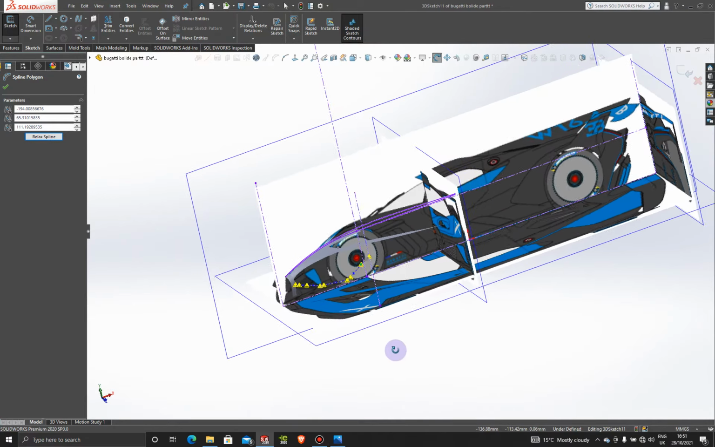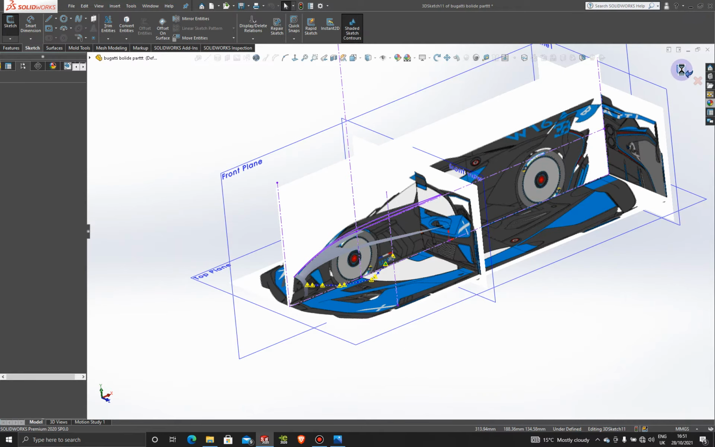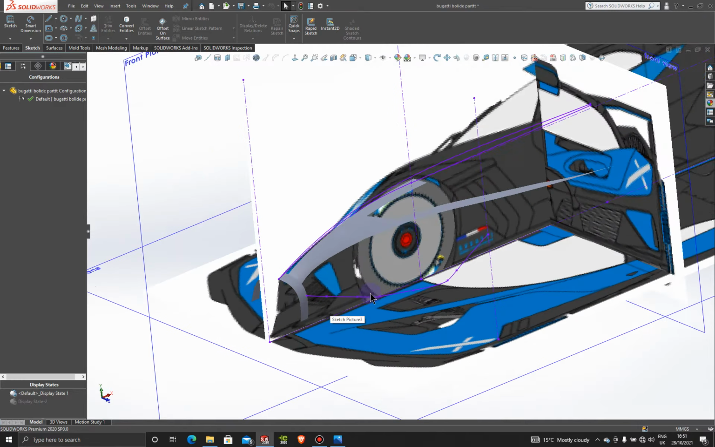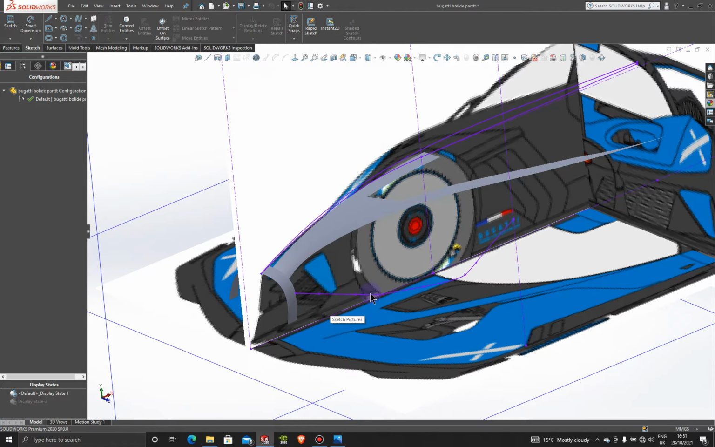All right, so once we have this edge here, I'm going to exit. And then we have a nice edge and spline here to work with. And the next spline I want to work on is going to be